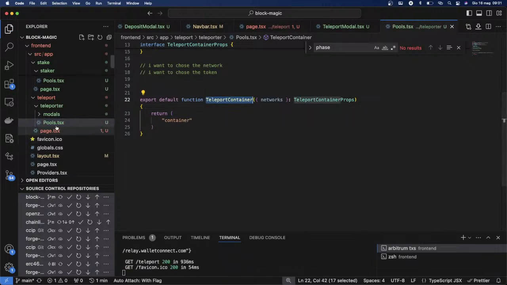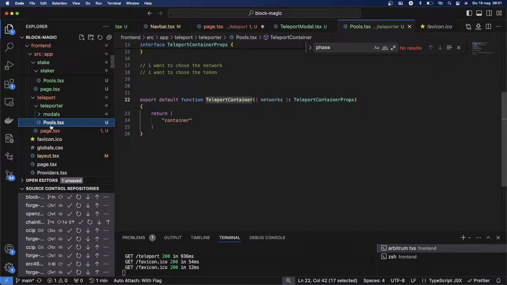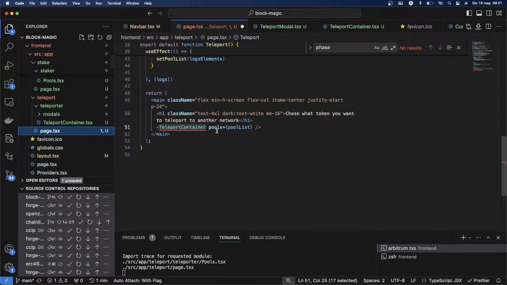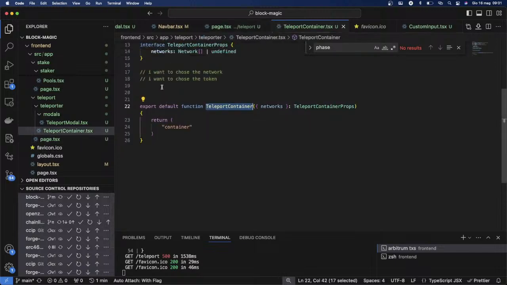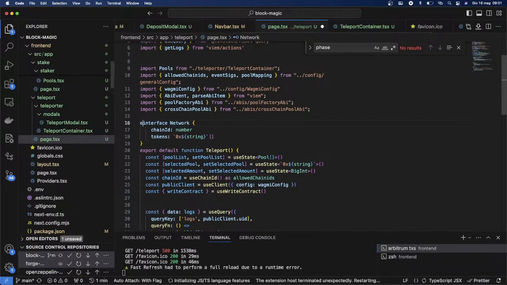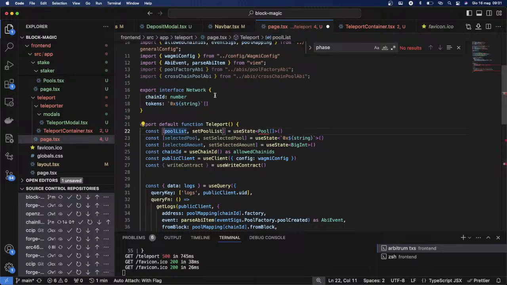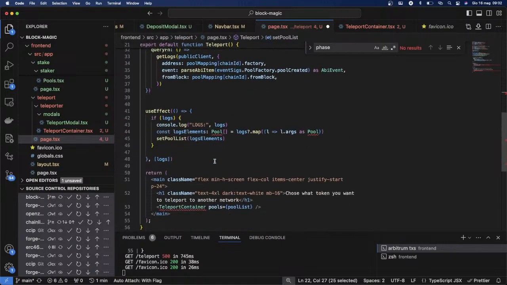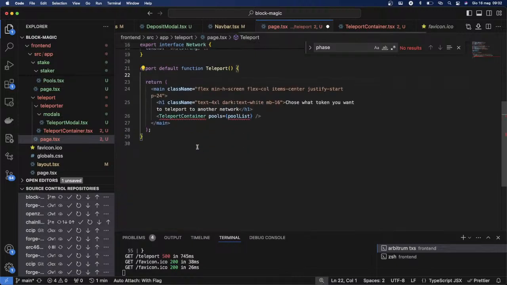Yep, teleport container. I'm gonna just use it in, sorry, teleport container. Oh, I need to change this to teleport container. And here, of course, I need to, no, this is the model. For now, I'm gonna close it. The network is what I'm gonna put here instead of this network. Okay, export. Meanwhile, my VS Code is doing I don't know what. Network, chain ID, blah blah blah. This is network. Okay, this is teleport. I'm gonna get rid of all of these. Teleport container, and then here I have